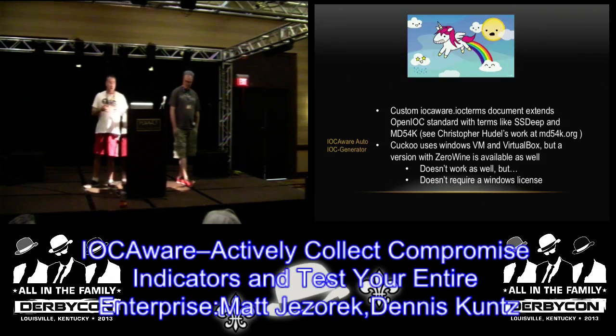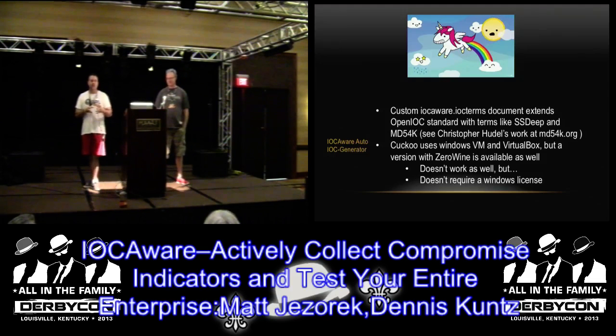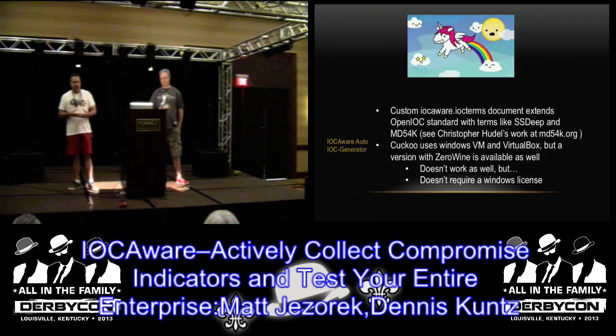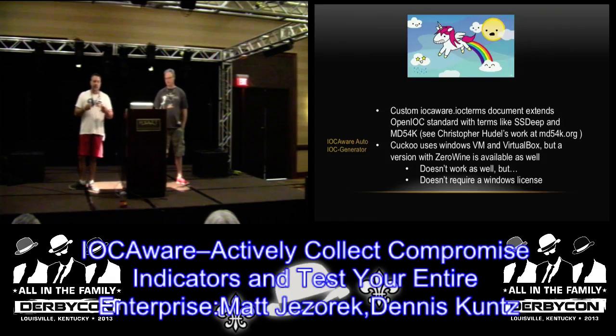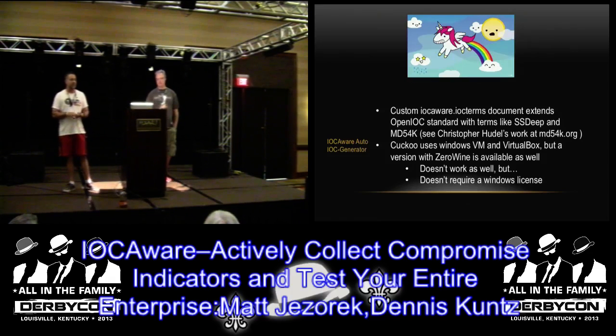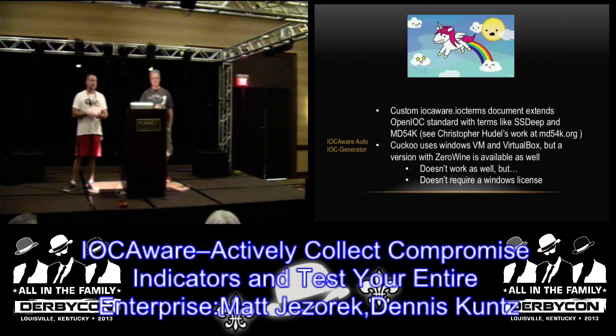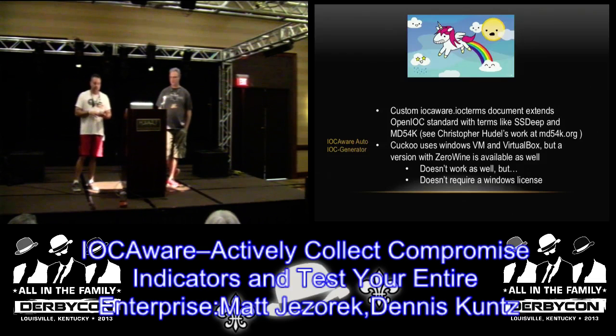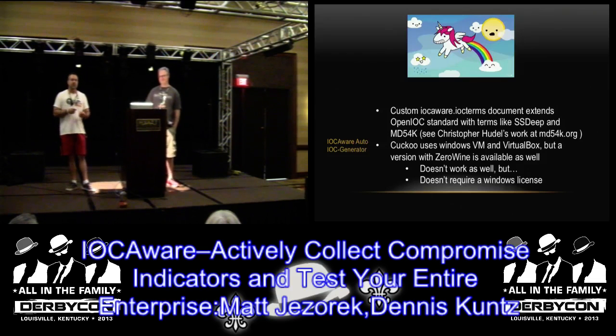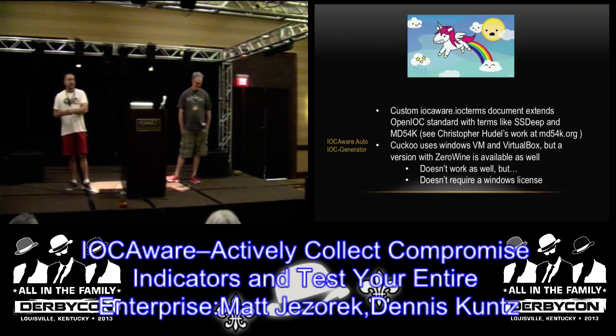Let's see, I have a Zero-Line VM that I created initially, because that was actually my first hack. It was easy to throw together. The limitations with Zero-Line are, it's excellent, really, for someone putting that together and not requiring a Windows license. That's actually one of the biggest wins with Zero-Line: you don't require a Windows license to try to analyze malware. But what I found, and the reason why I didn't want to use it, was especially with the registry entries, it's really difficult to discern in the reporting the difference between what Wine does